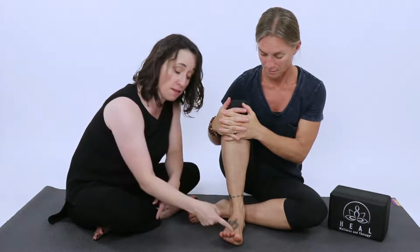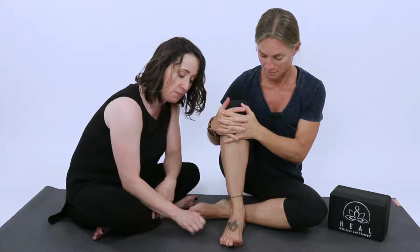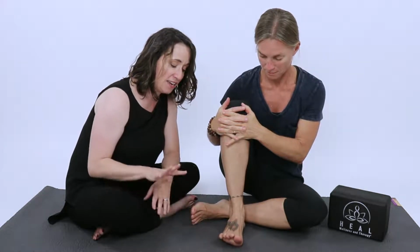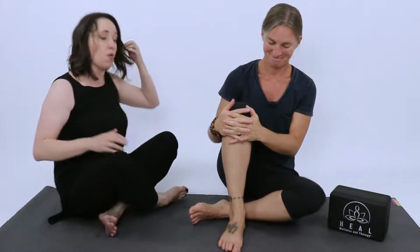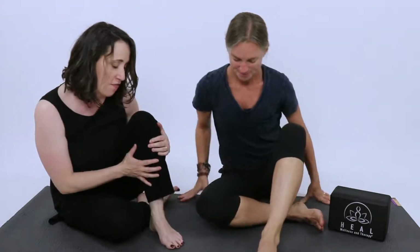Then holding the big toe up, taking the outer toes and dropping them down and lifting them up for 1. Dropping and lifting for 2. Drop and lift for 3. Drop and lift for 4. And drop and lift for 5. Beautiful. Switching feet, taking the right knee under you as you rest your foot, taking the left leg in front